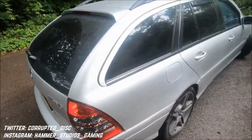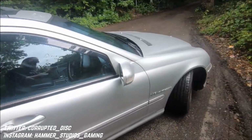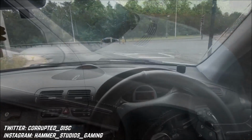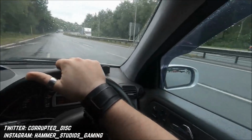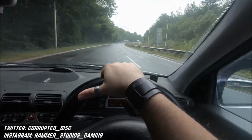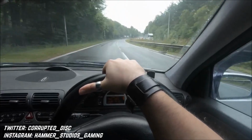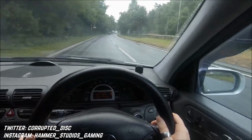You're probably expecting it to be quick, but trust me, you do not know how quick this is, and just wait until I tell you. It's got a 3.2 litre V6, of course built by AMG. It's supercharged, twin screw, 14.5 psi of boost. It's an automatic, which will immediately put a lot of people off, a 5-speed auto, but stay with me, I